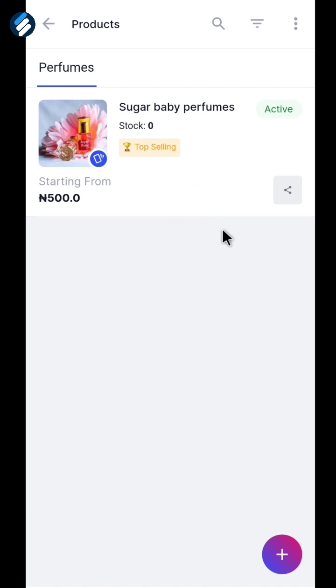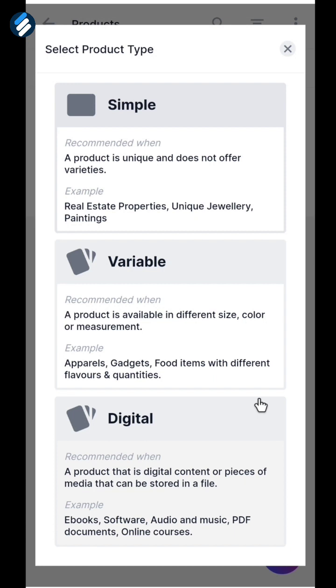So you can see I've created my product Sugar Baby, and I added perfumes to the back so that it can be more descriptive. This particular client actually has more than one perfume brand, and I want to list all of them here. So I'm just going to repeat the same process I did for this, and to do that I'll click on this plus icon. So the steps are very simple. The first step is to select the type of product. So I'll click on variable,